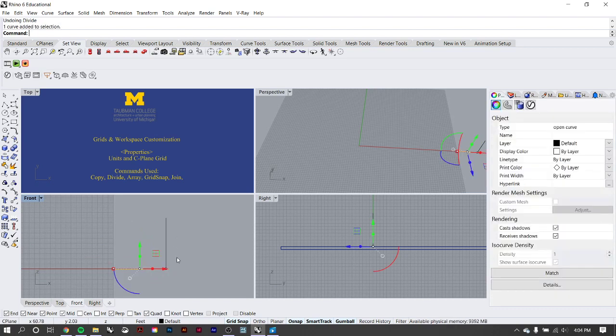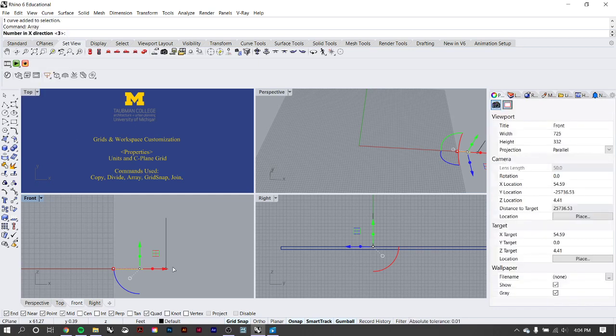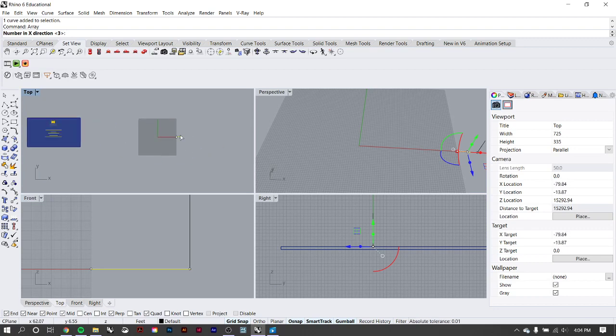The next way I would recommend doing it, though, is to type in array. Array is going to provide different amounts of that object that you're creating. So up here it says number in X direction. I'm going to just work in the top view because that's a more common way to do this. Number in X direction,